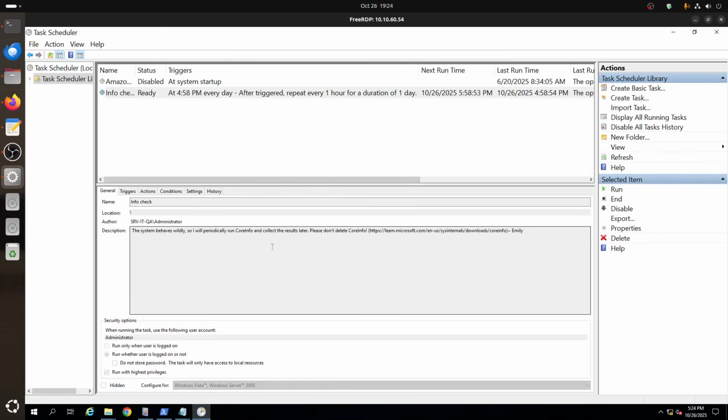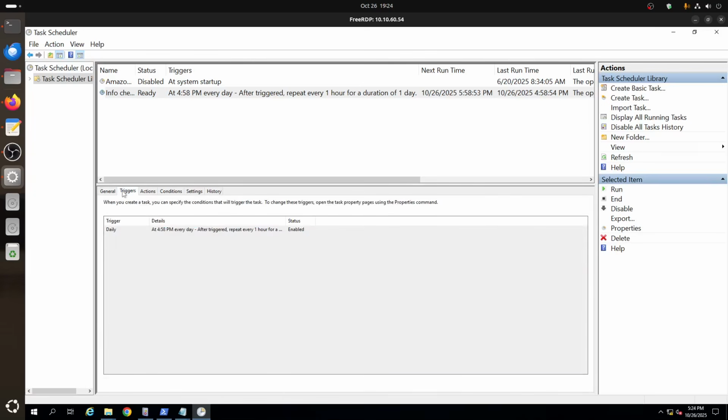This is a normal Windows binary. If you Google it and collect the result later, please don't delete coreinfo, and it gives you this email. The trigger is every day at 4:58 p.m., after trigger repeat every 1 hour, enabled. So it's already active. Now the action, it says user email, Documents, coreinfo. That's exactly what we've been